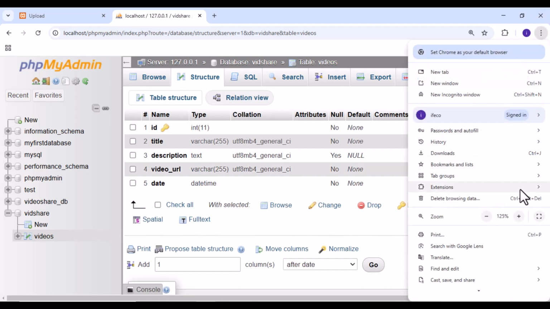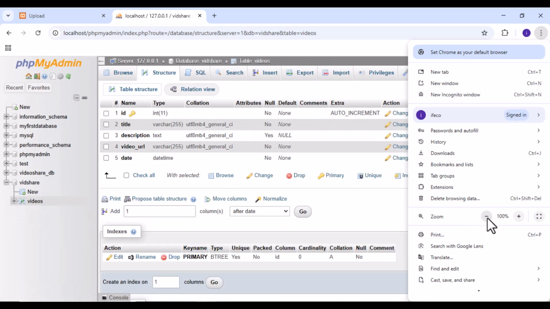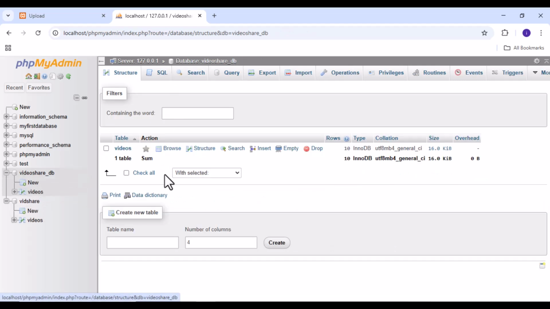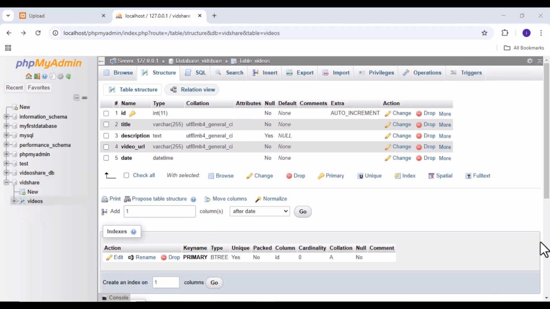Let me zoom out a little bit. That's basically it. We don't need any other thing. As for the date time, wait, let me check the old one and see how I did it. Yes, I know I forgot something. I missed one thing. The date time, okay? As it is now, we are the one that will have to supply the date time,